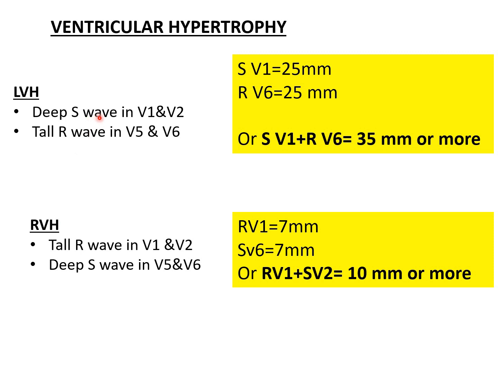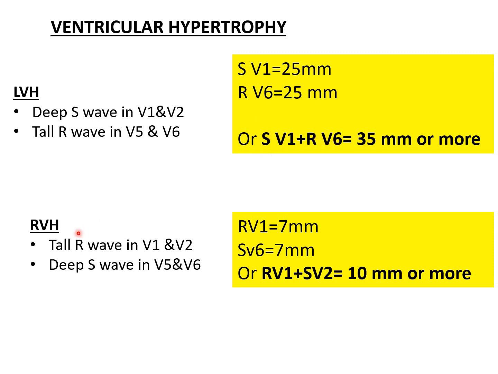How to check the ventricular hypertrophy? By considering the ECG changes. Remember, there is an easy formula to remember. SV1 plus RV6 should be less than 35 millimeter. If this is 35 or more, you can consider left ventricular hypertrophy. What is this SV1 and RV6? That means S wave in V1 and R wave in V6.